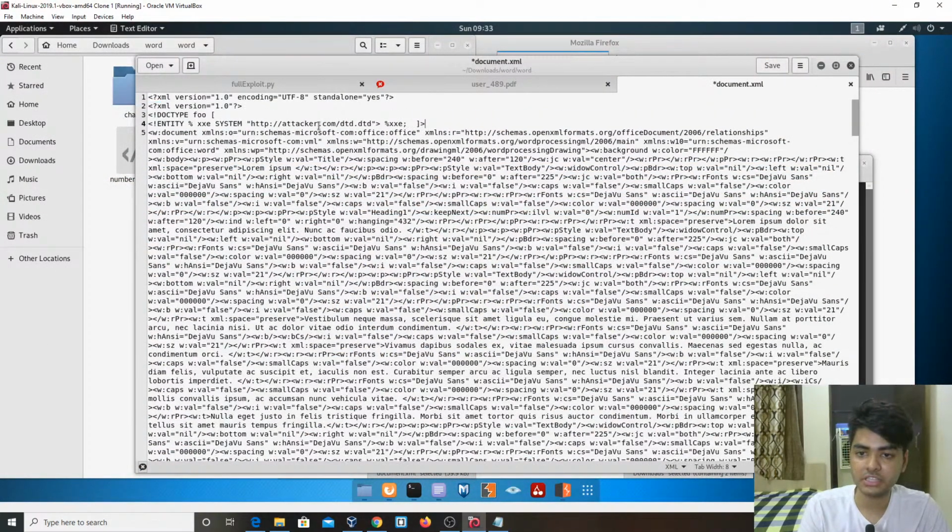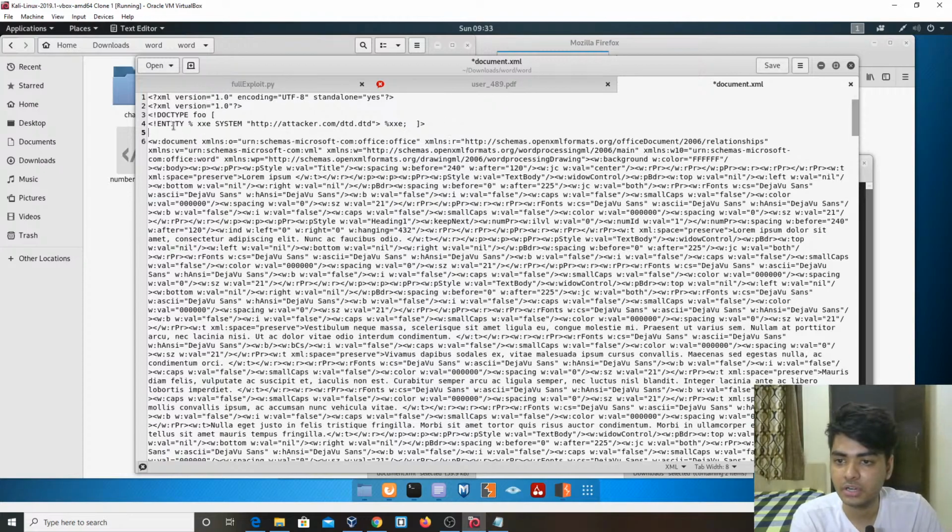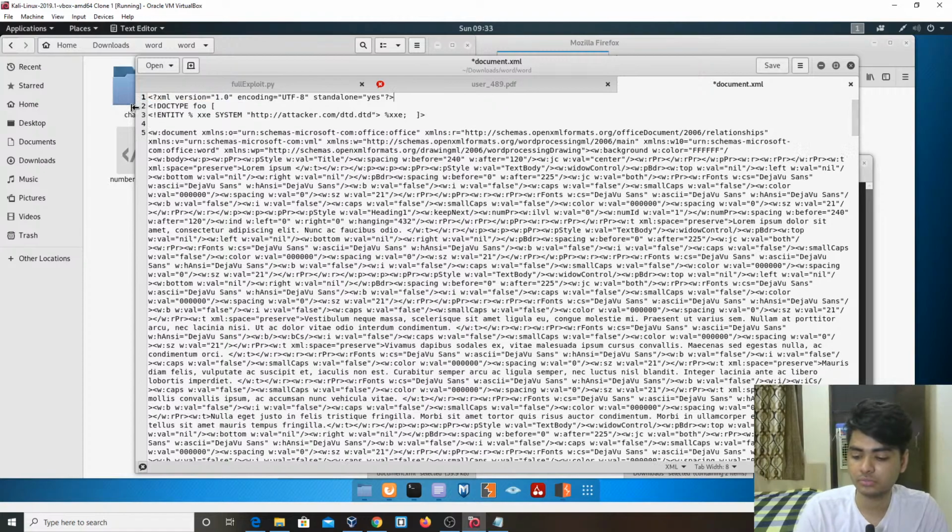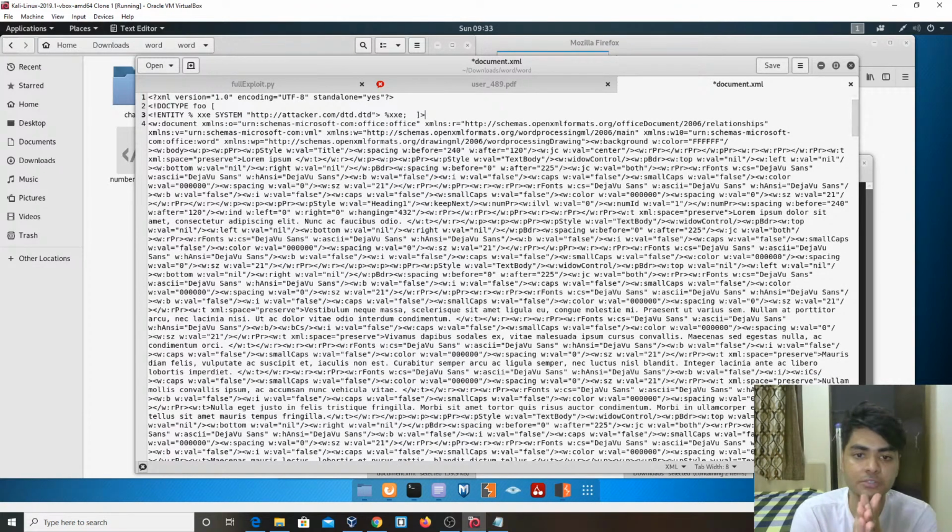We can just paste this whole payload here. So I think there is no need for this one. So we create a doc type, we create an entity, and we create an HTTP request for this DTD file. So what happens is, whenever that malicious parser runs this XML file, it will create an HTTP request and